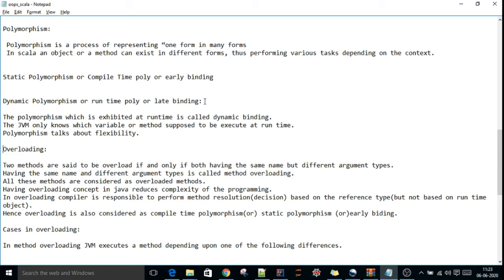In overloading, the compiler is responsible for performing method resolution based on reference type. That's why we call it compile time polymorphism. So we'll see different cases in overloading.